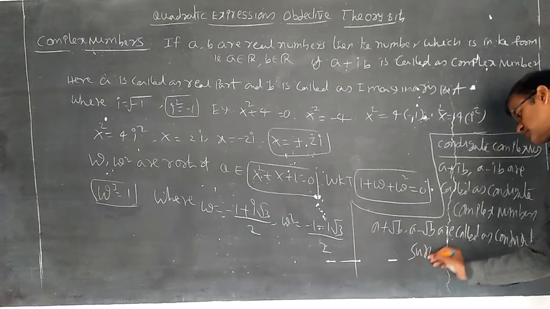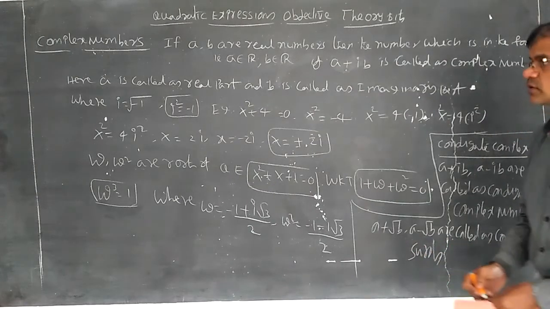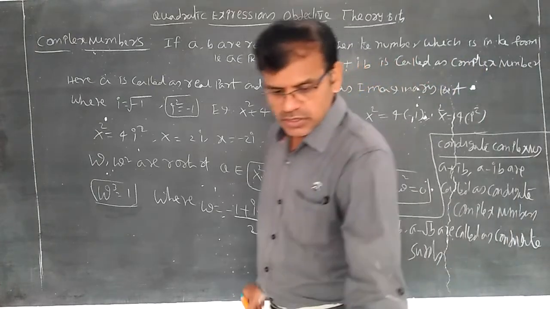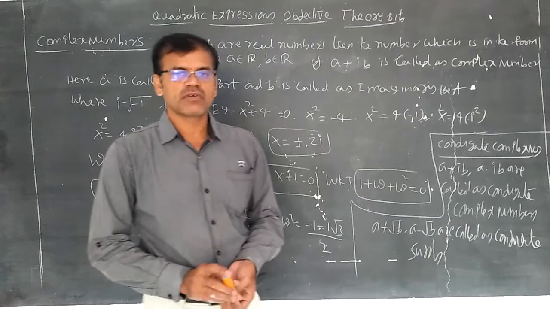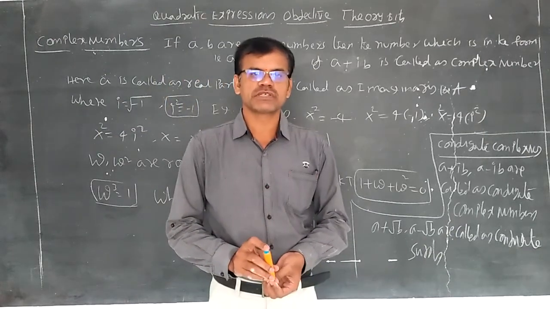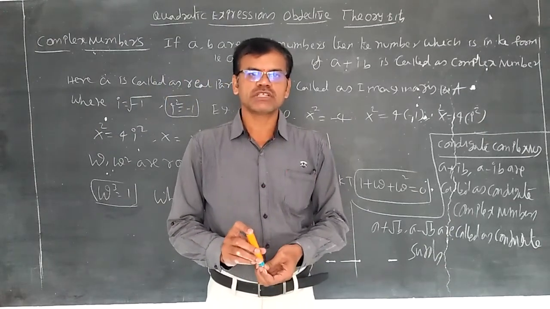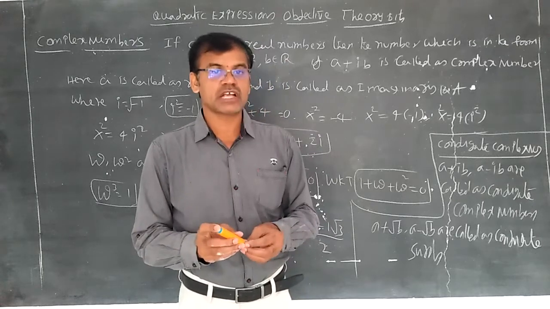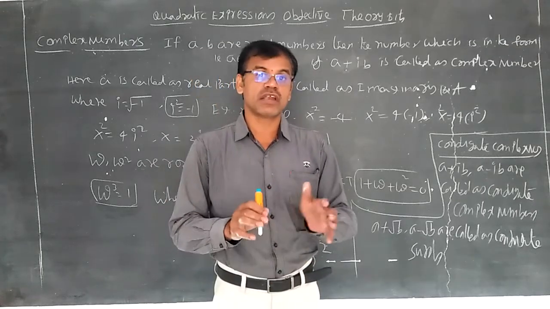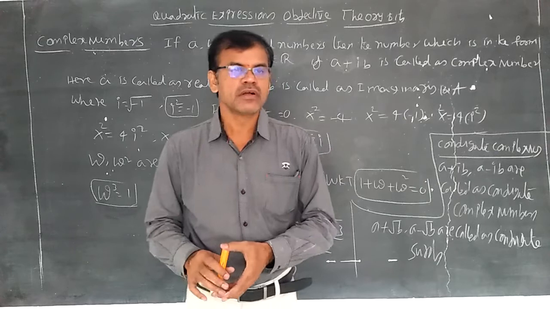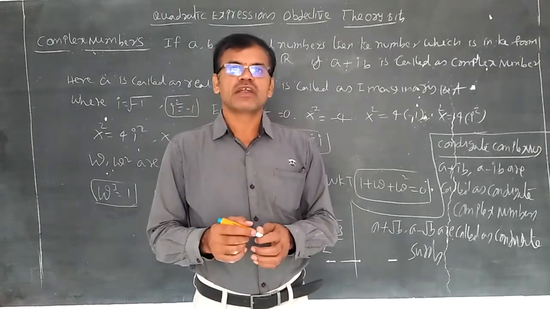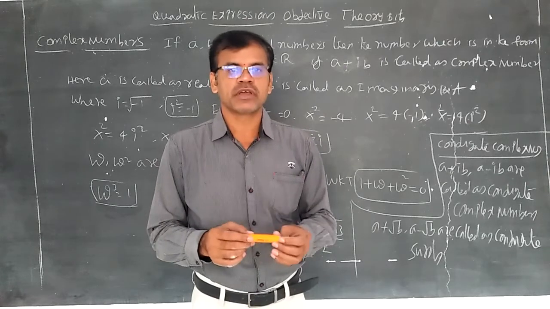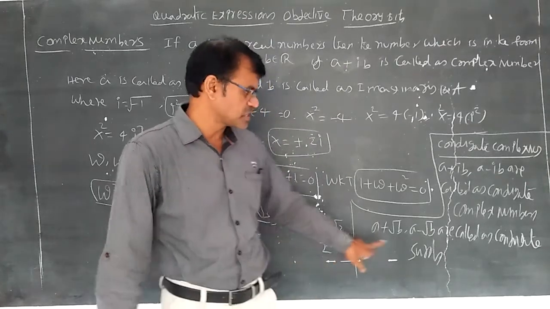These are called surds. We have learned in intermediate that if a, b, c are rational for the quadratic equation ax² + bx + c = 0, if delta is greater than 0, then the roots are rational and distinct. If that delta is a perfect square, then the roots are simply rational. If the delta is not a perfect square, then the roots are conjugate surds.